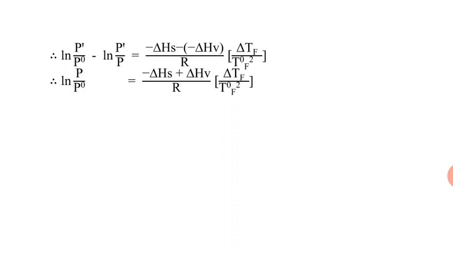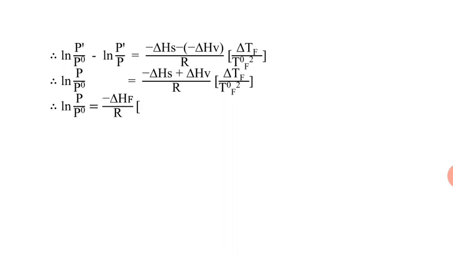Again see, in the upper equation plus p' is there and again the minus p' is there. That's why the same p' plus and minus p' get cancelled and we get again 1 upon p0, here 1 upon p. So the cross multiplication and subtraction, we get ln p by p0. Let us see the next equation.